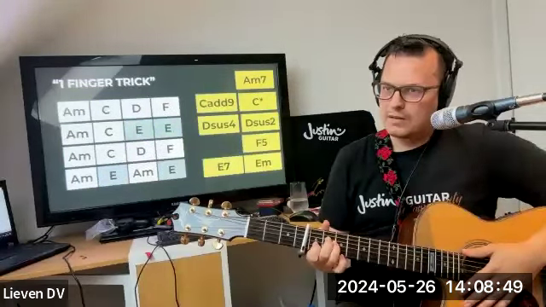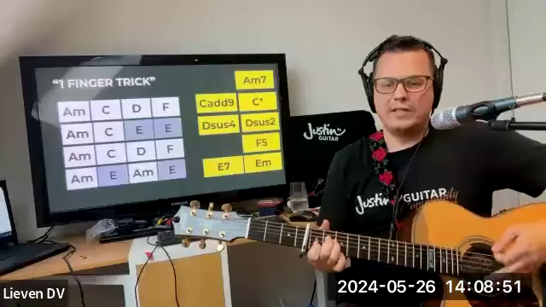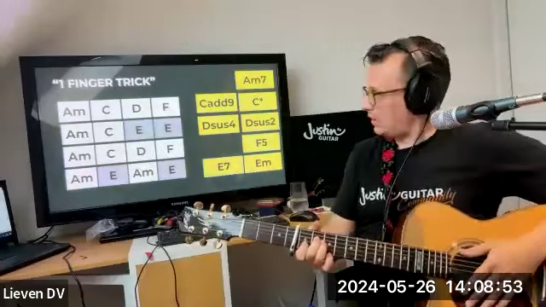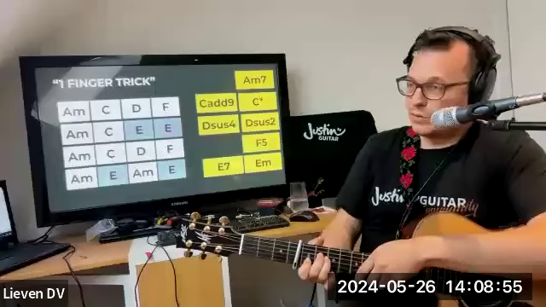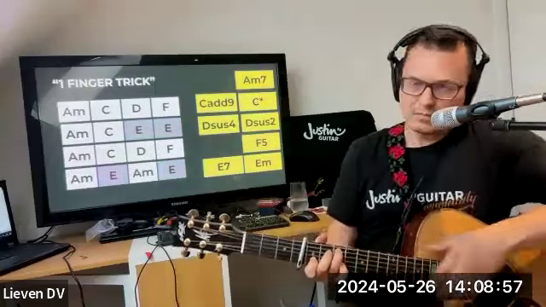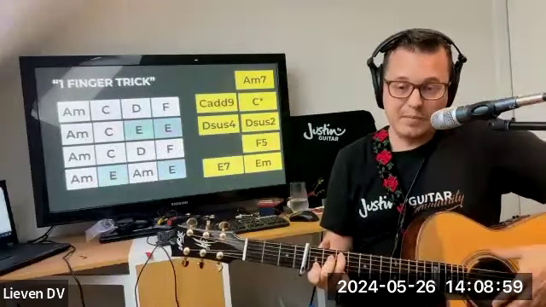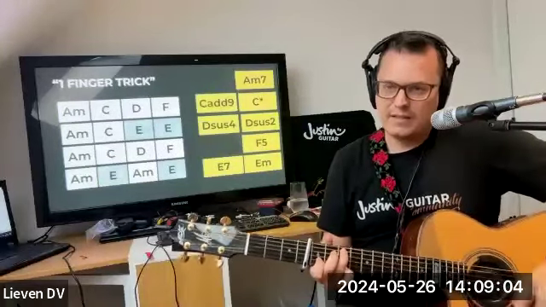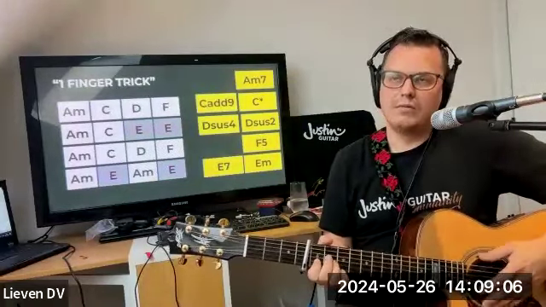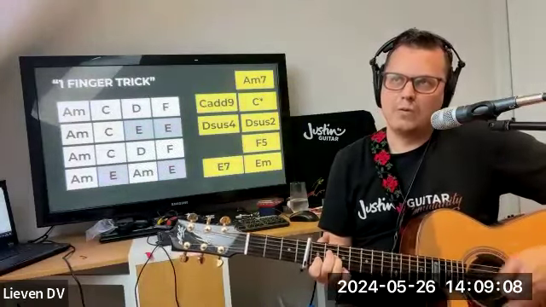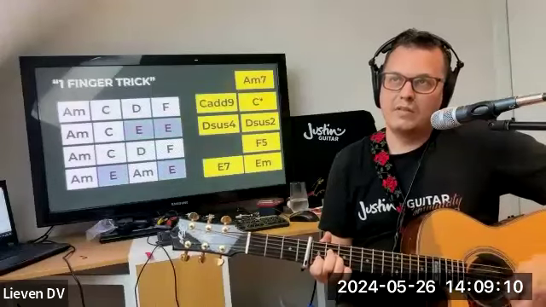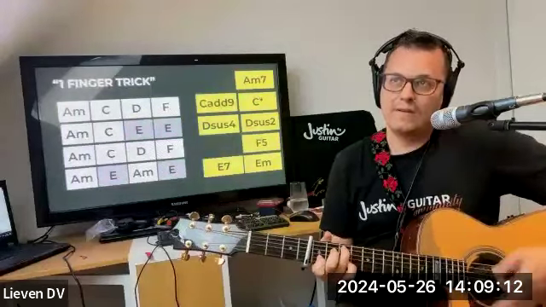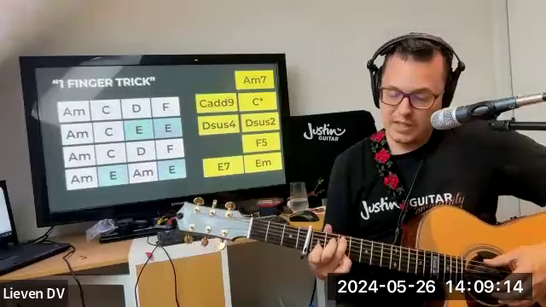It brings texture to your strumming. One and the two and then you have the C. You could do a C add 9, which is actually a regular C, and then that same pinky does the same third fret top string thing. So you have A minor, and then A minor 7, and then C, and C add 9 is the pinky thing again.